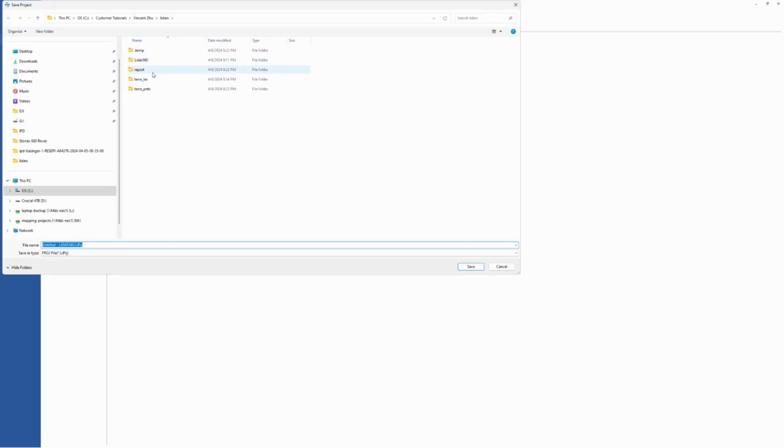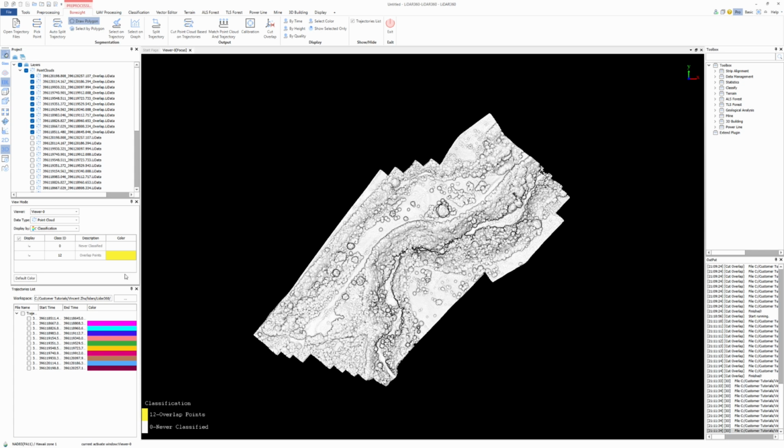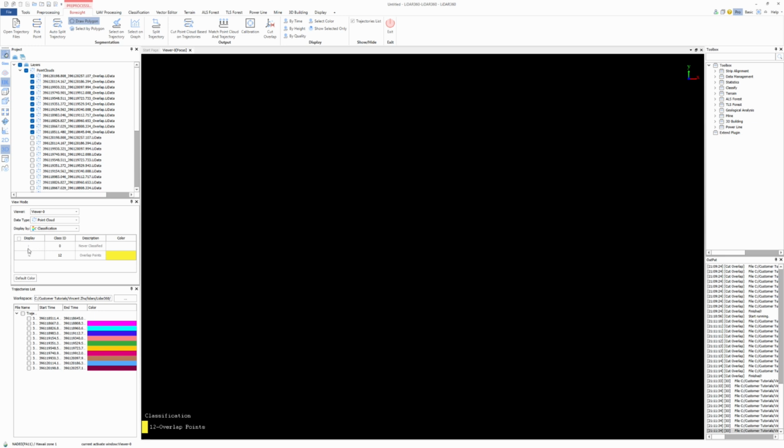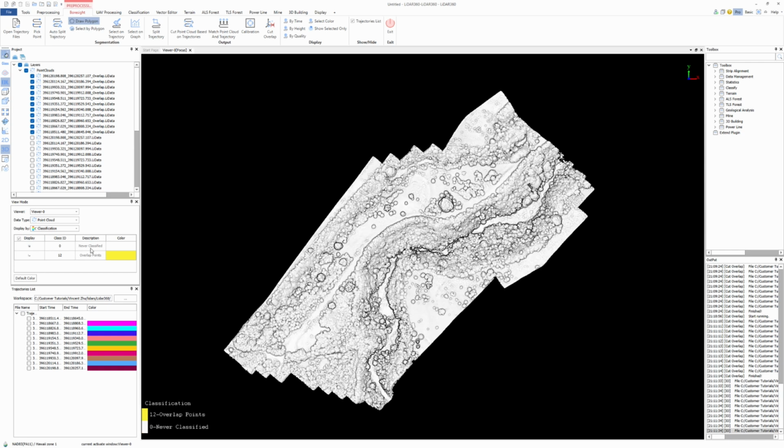And let's see, we're in the Lidar360. There's that folder. I'm going to hit save. Boom. Okay, so we're done there. We have no overlapping. See, now when I turn that off, even with this one turned on, and my screen resolution does some funky little stuff with these boxes, makes them a little hard to see, but they're there. So now all we have are